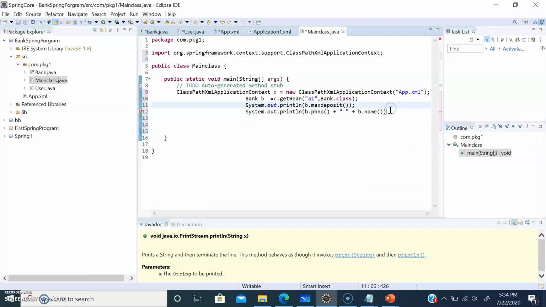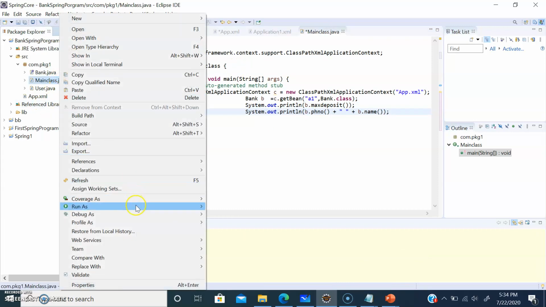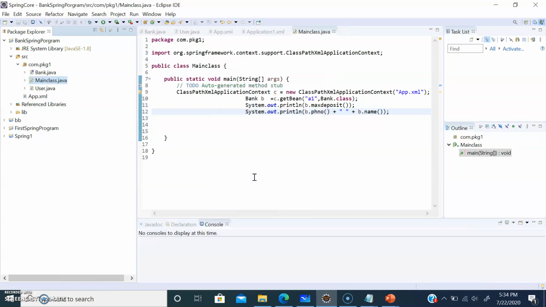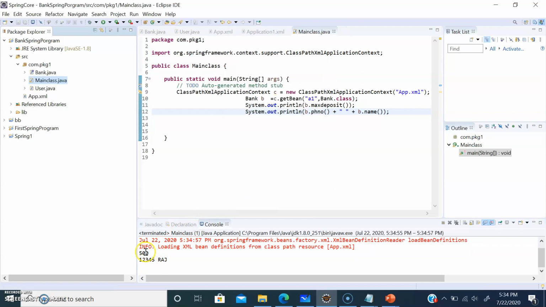Let me run the program. Perfect. It's printing 500, 1 2 3 4 5, Raj.